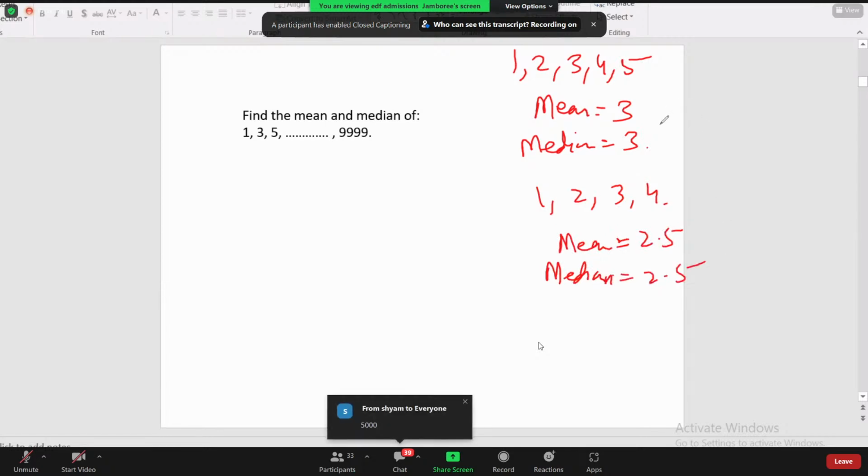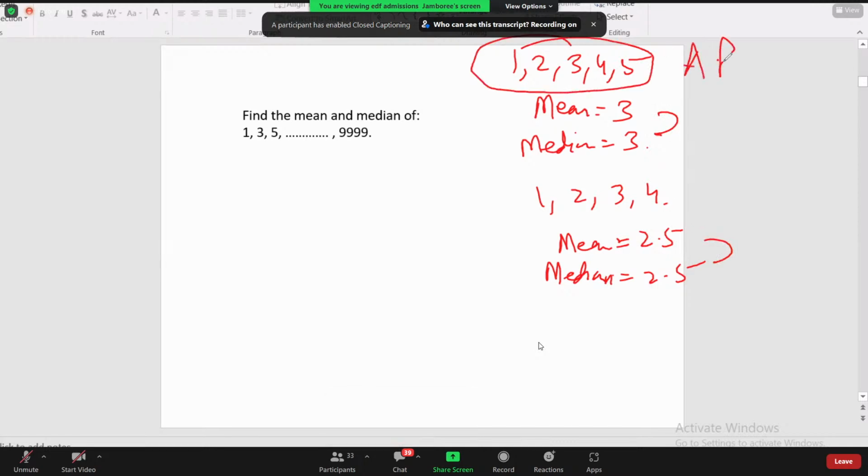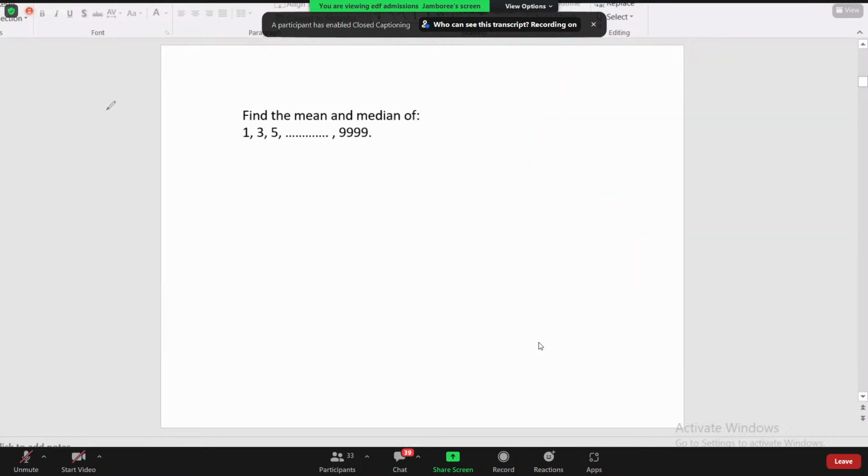Now, if you notice what is happening out here, mean and median are turning out to be equal. And if you look at the series, it is turning out to be an AP, arithmetic progression. So we can simply understand the idea this way: if the series is an AP,